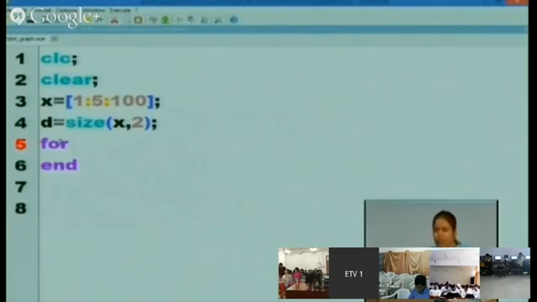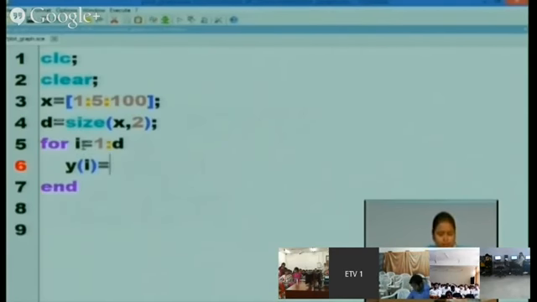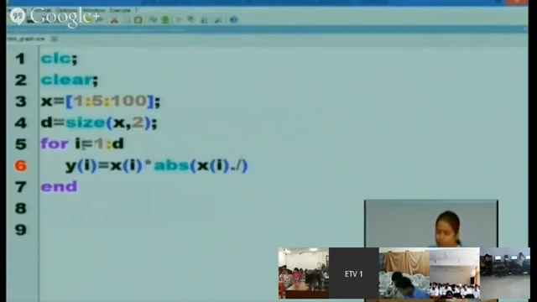So for that we just created the variable x, then starting with for i is equal to 1 to d, y of i, means now we have to calculate y for each value of x, that is equal to x i into, this is the function we are creating, absolute value of x i divided by 1 plus x square.